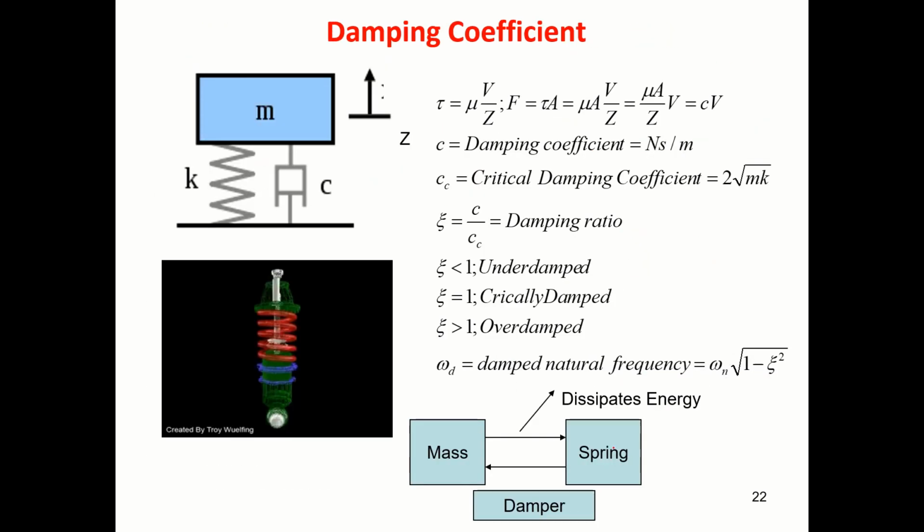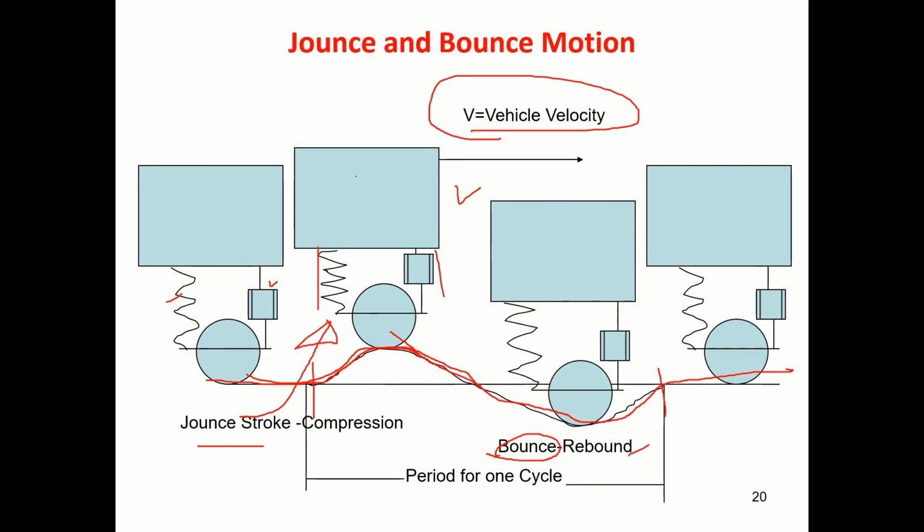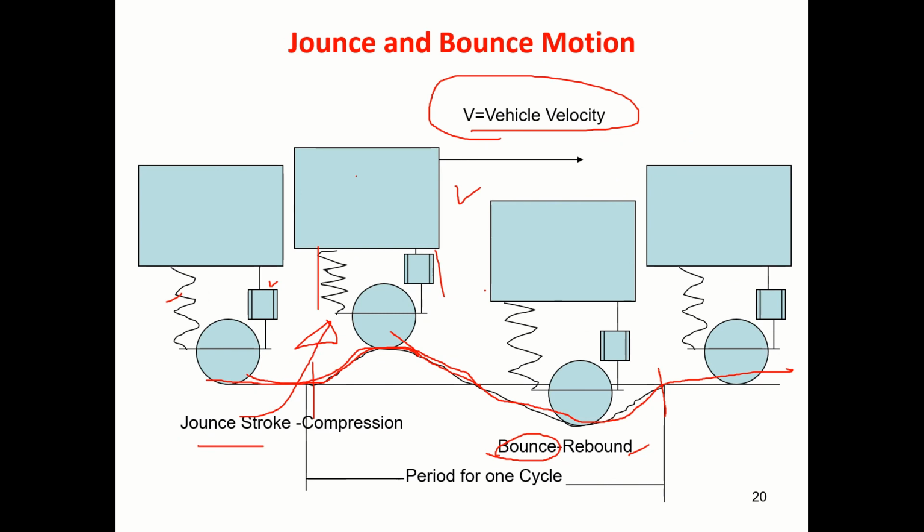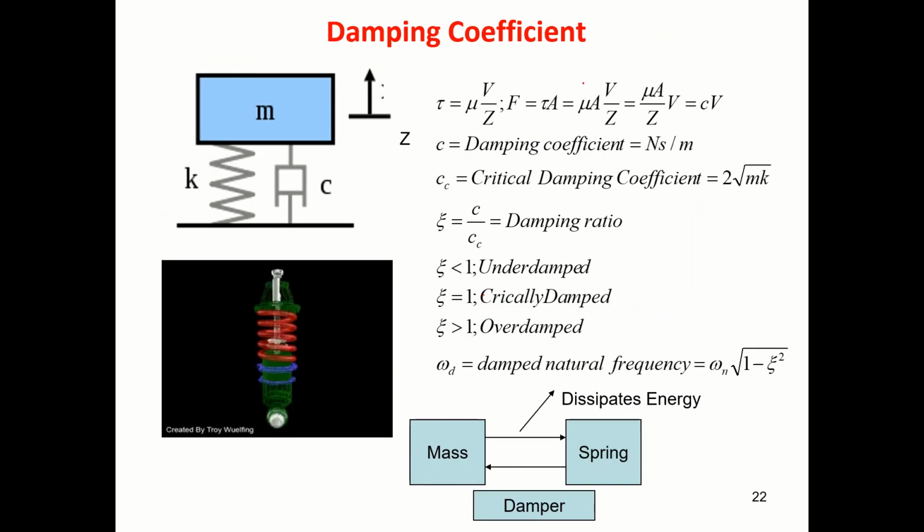Next, as you've seen here, what's happening? Kinetic energy is converting into potential energy, and potential back into kinetic energy. So that's why it will set to oscillate. I need to remove this energy. For that, I need a damper. So what is it that I do? You know, shear force is directly proportional to the velocity gradient.